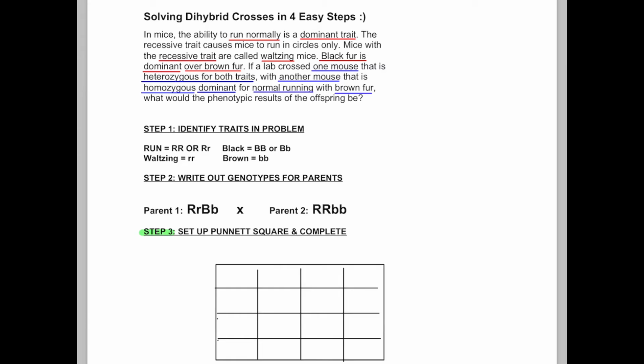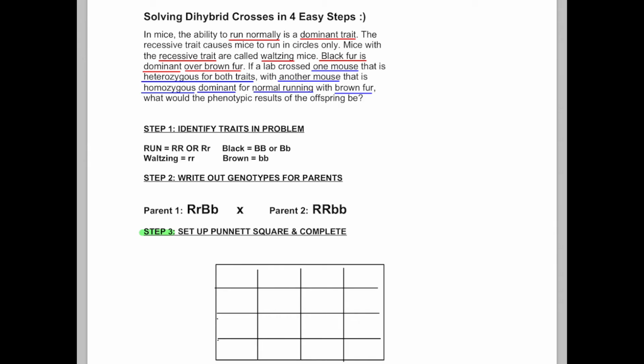At the top of each box, you will be writing down the possible gametes for parent 1, and on the left side of the boxes, you will do the same thing for parent 2. Keep in mind that you do not donate 100% of your genes to your offspring. You donate half. So parent 1 will donate 1 of the 2 R's and 1 of the 2 B's to their offspring. We have to create gametes for all possible combinations for each parent, and we will do this using